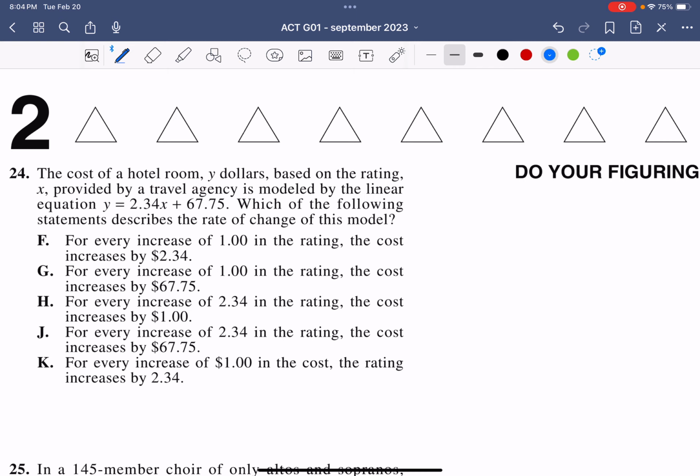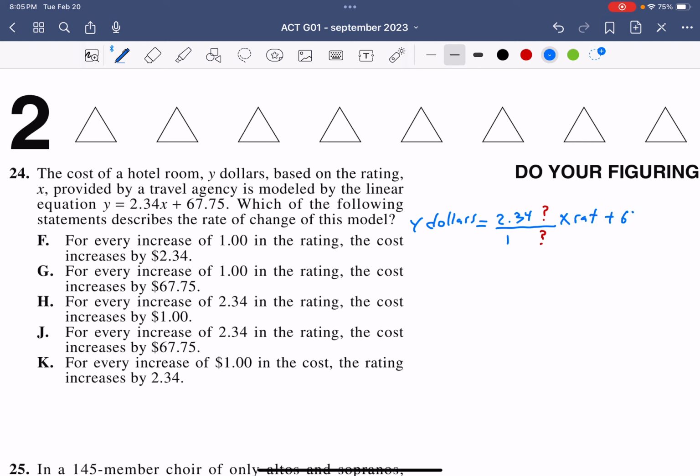So I'm going to first start off by writing $y, and that is equal to 2.34 over 1, and I'll explain why I put it over 1 in a second. And there are some units attached to this. We just don't know what they are yet. So we'll put a question mark for these. And we're told the rating is x. So for that one, we could think of this as being x with a unit of rating. And I'm just going to put rat for short. So x and then rat